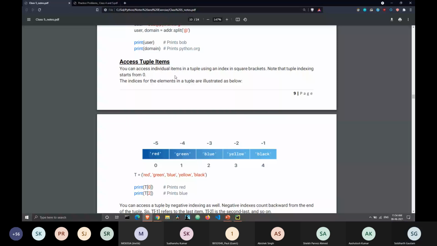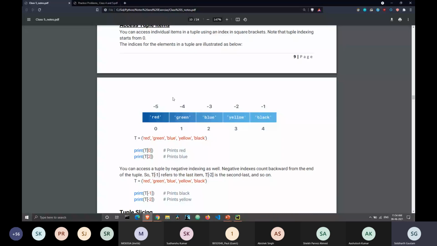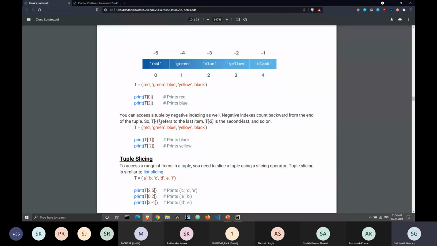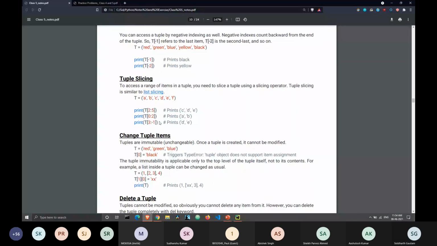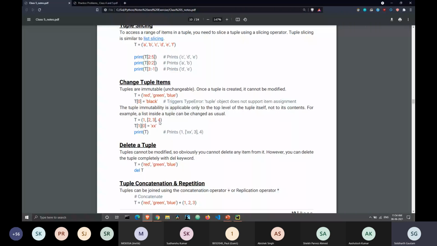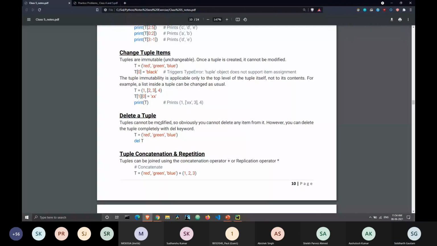The indexing, like accessing the index from the positive side and from the negative side, is the same. The only difference is that you cannot change one index at a time. And then there's slicing. We also did slicing yesterday, right? The syntax for slicing is also the same. And we have already done deletion also.